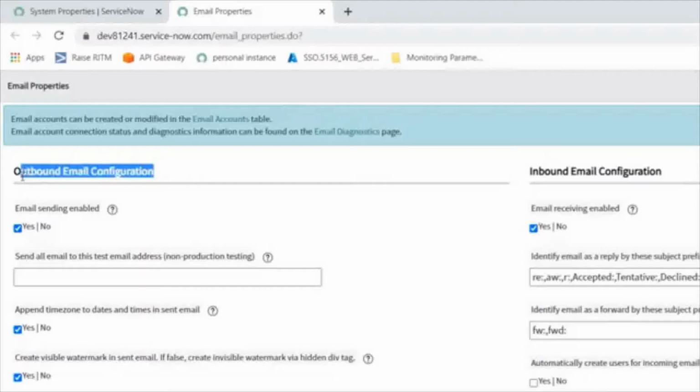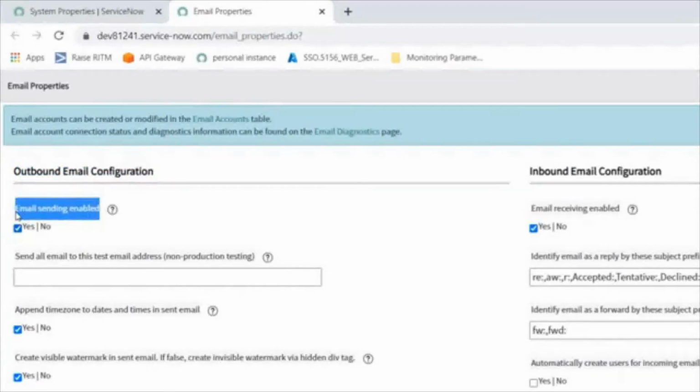By seeing these words only, you can understand which is the outbound configuration and which is the inbound configuration. Email sending enabled applies whenever we are sending emails outside to third party tools like Gmail, Outlook and SMTP.